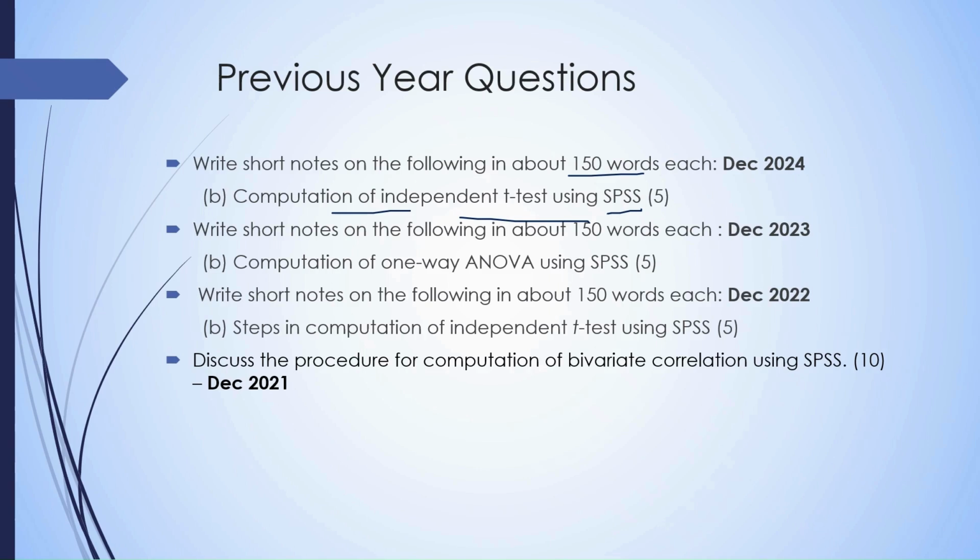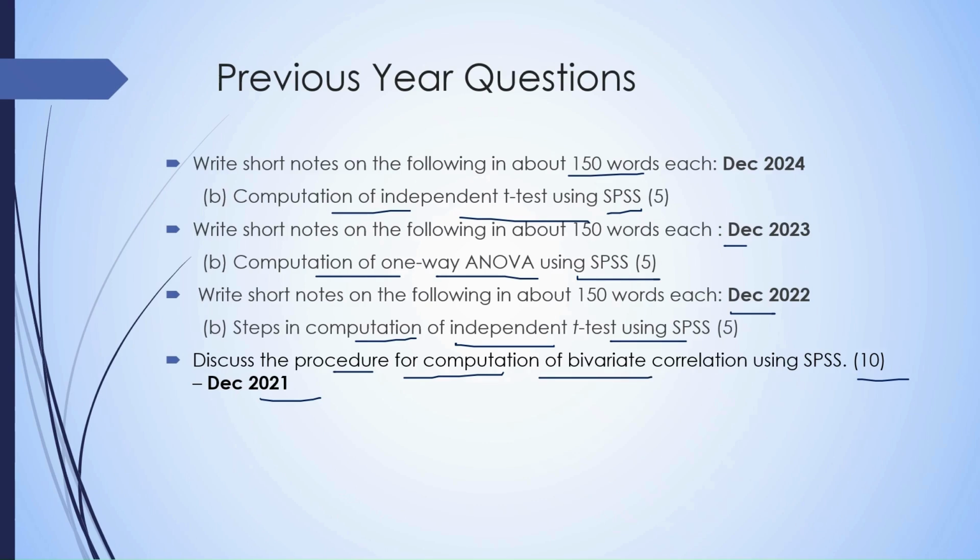All right. Then before that, December 2023, we had this question. Computation of one-way ANOVA using SPSS. This also we have completed, right? What is one-way ANOVA and write the steps for computation using SPSS. Then December 2022, see again steps in computation of independent t-test using SPSS. All right. December 2021, we had a longer question for 10 marks, wherein the question was discuss the procedure for